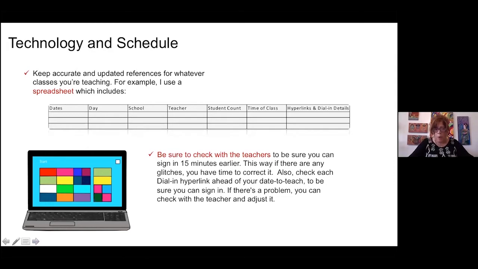So this is really important because we have all these links, okay? When your teacher sends you the link, if they have not already, or if they're going to, you need to click that link and make sure you're going somewhere where they are. Because a lot of times you might not be. It might say, cannot open, does not work, whatever it says, you're not getting in the classroom. So what you need to do immediately is email the teacher back and say, I'm not getting in the classroom. Can you test it with me now? Or when can you test it?